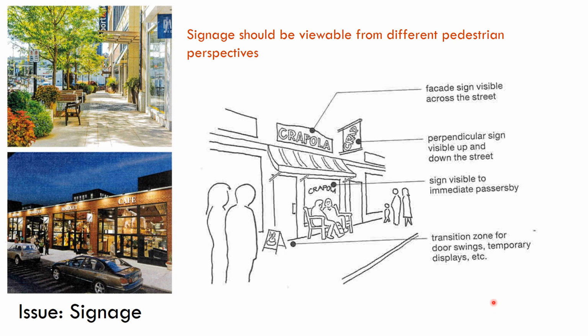Signage is essential. Think of the fact that pedestrians are coming from different angles, looking from different viewpoints, and so we need signage that's seeable from across the street as you're walking over there. Also, this sign, which is a perpendicular or blade sign, is one that can be seen as you're walking along the street, so you can see that as you're approaching. And then if you don't see any of these, if this is such a great street that you're not really looking much ahead, when you get to the window, you can look right at it and see, oh, I want to go into there.